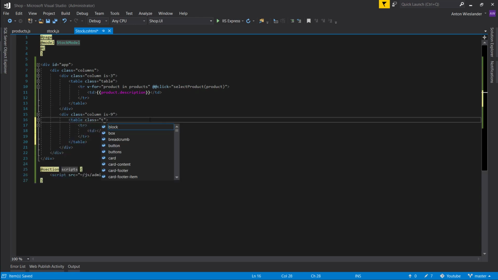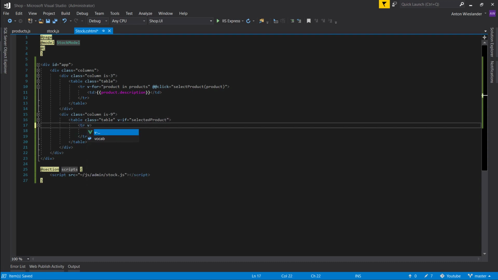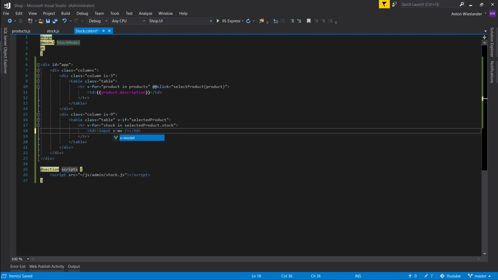Let's give it a class of table again. And render this table only if selected product isn't null. Okay. So if it's not null, render it. And now we can access the stock in selected product.stock. And for every stock, let's just render an input field and v-model stock description